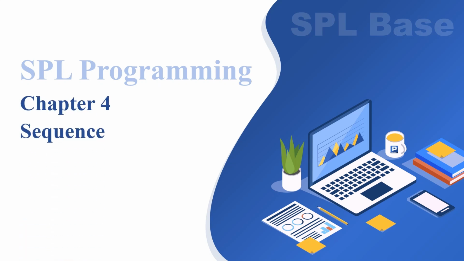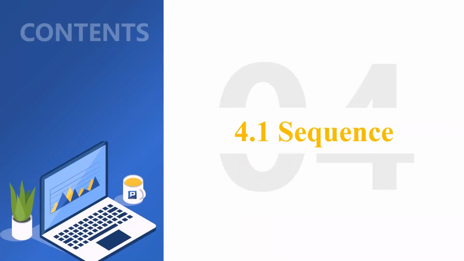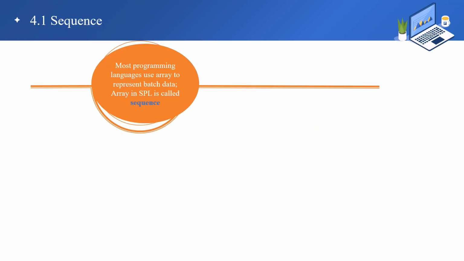Chapter 4. Sequence. Section 1. Sequence. In the previous programs we wrote, there are only a few original input data. The data processed by loop code is also calculated by code according to some rules, not the original data. In practice, the original data we need to process is often a large number of data, and we need to